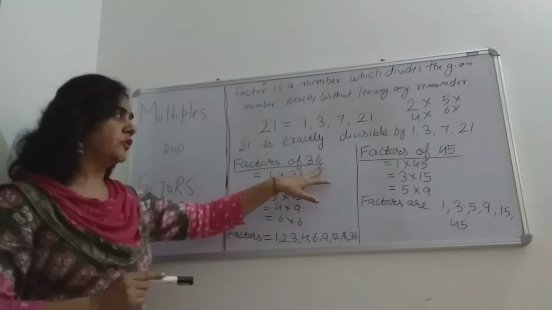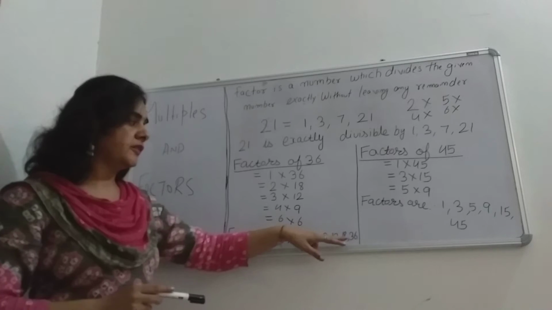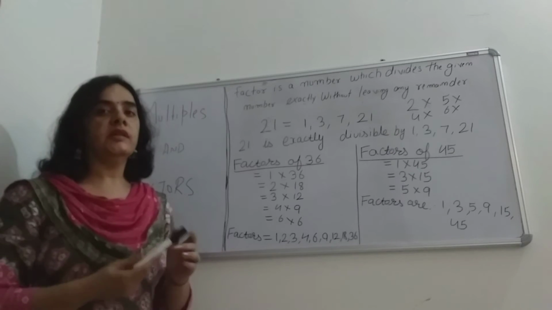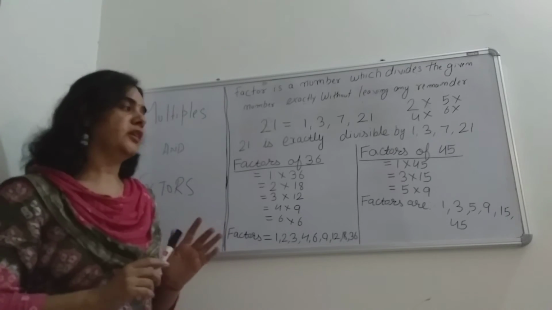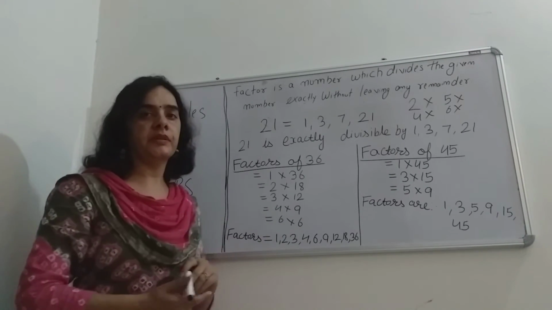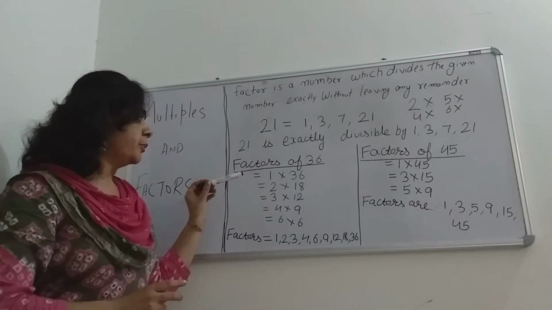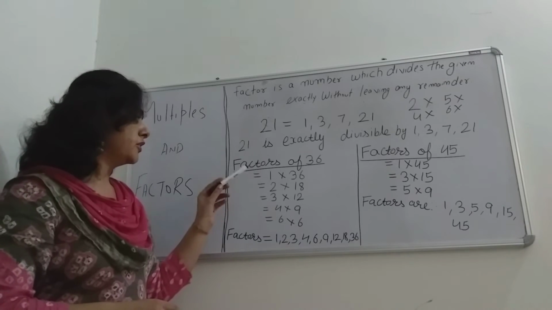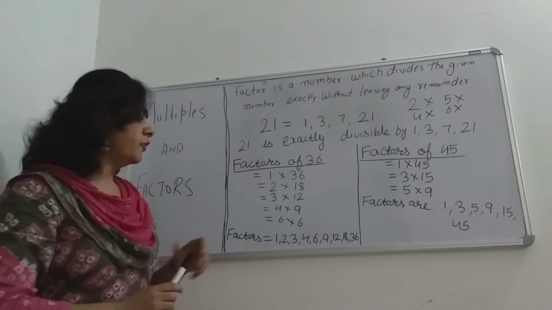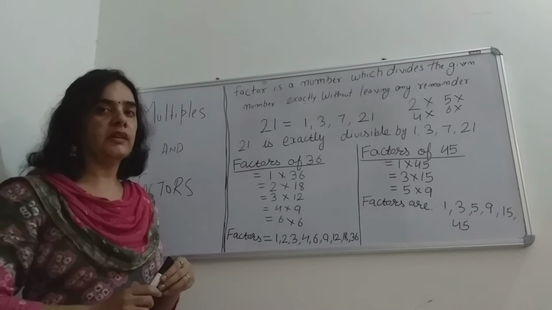Suppose you have to find the factors of 36. So its factors will be either less than 36 or 36 itself, but they cannot be more than 36. There cannot be more factors than these. So that's all the factors of 36. These are also some properties of factors: 1 is a factor of every number and every number is a factor of itself, and factors of a given number can be either equal to or less than the given number.